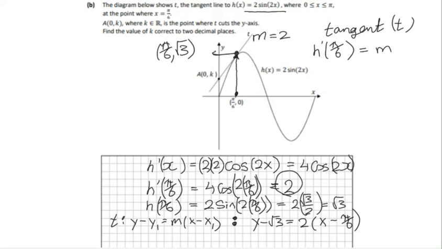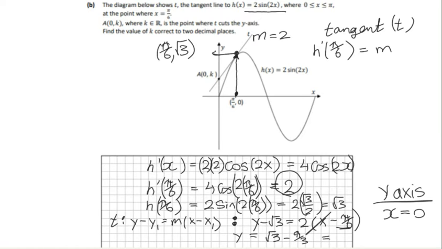And let's multiply everything in, but we know that on the y-axis the intercept has a condition of x is equal to 0. So this x can be taken out, and we're going to get y is equal to root 3 minus 2 by pi over 6. So it will be root 3 minus pi over 3,